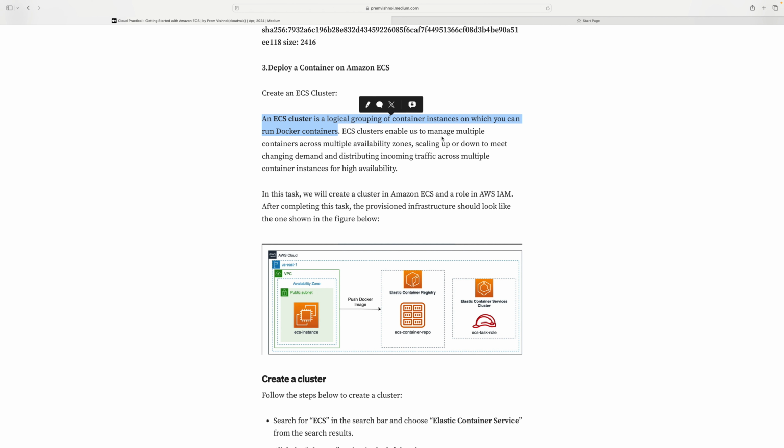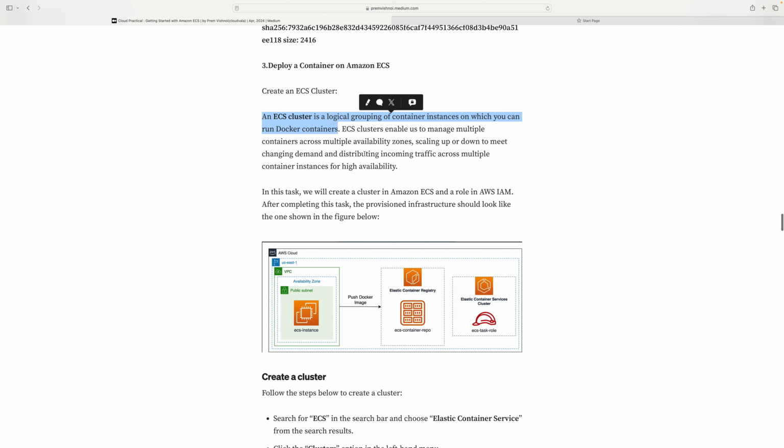ECS containers enable us to manage multiple containers across multiple availability zones, scaling up and down with changing demand, and distributing incoming traffic across multiple containers. In this task, we will create a cluster in Amazon ECS. Okay, so in Amazon ECS, we are going to create a cluster,